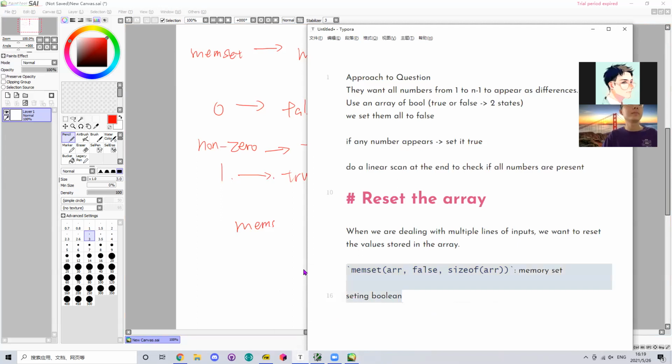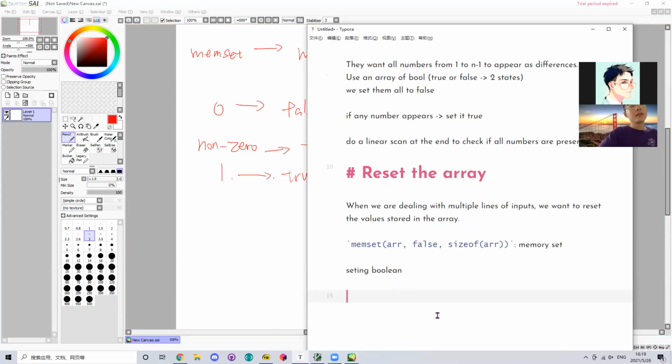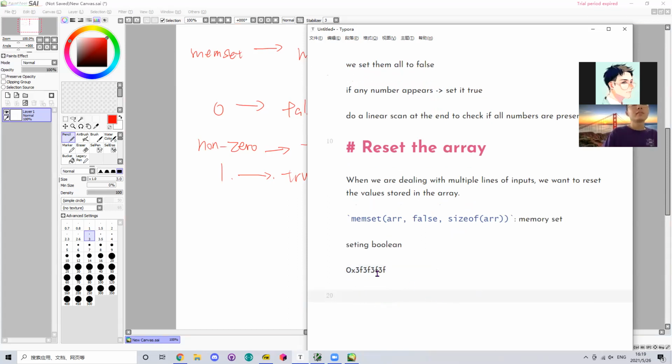So for Boolean, let's see. If I want every number to be... this is not in decimal form, it's in another form that we use to represent numbers. If I want the number to be 0x3f3f3f3f, which is a big number, around 10 to the power of 9, I think. If we want to set every single number like this,